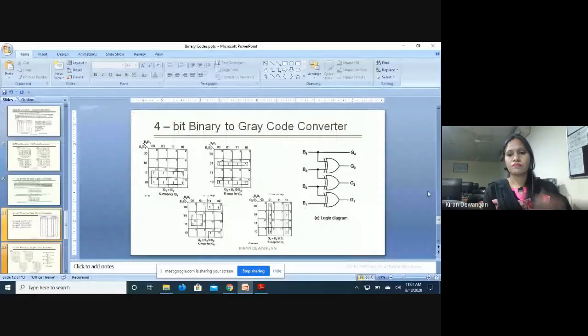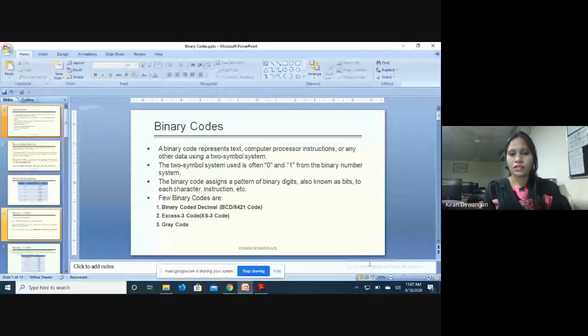So this is what we call binary codes. Now we'll see what the binary codes are. These are binary codes.